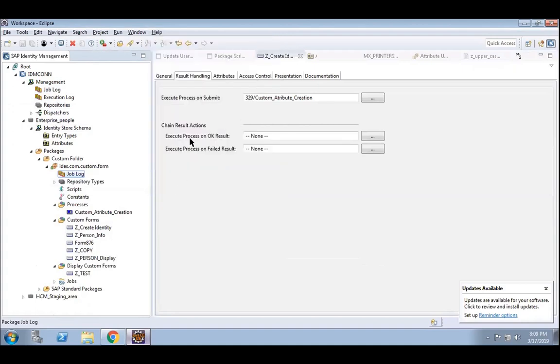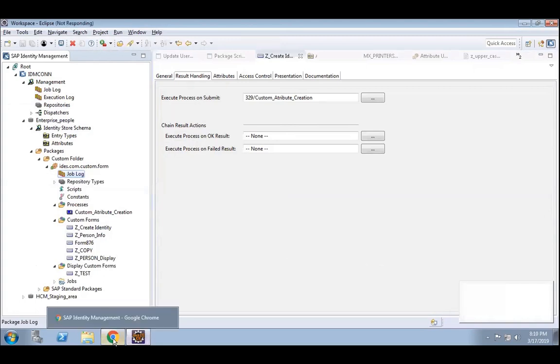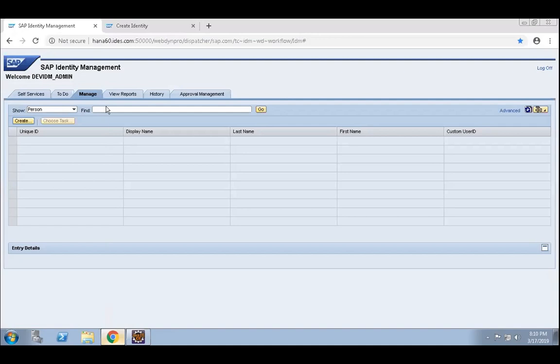In Eclipse, there is a note. Let me check what it's stating. There are a lot of administration things we also have to check for this.